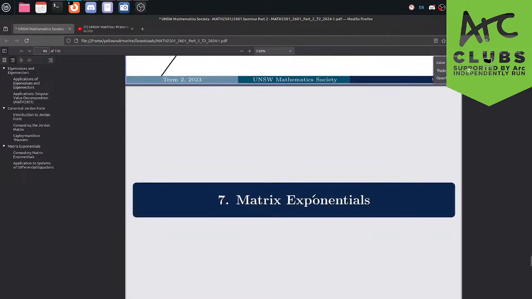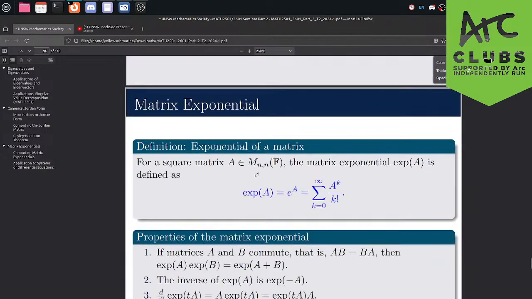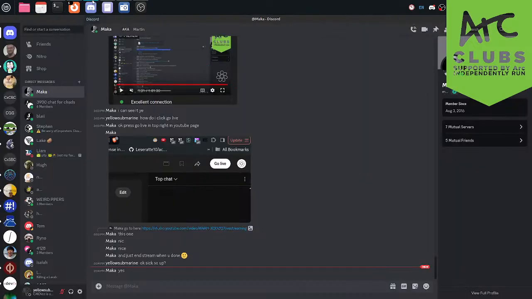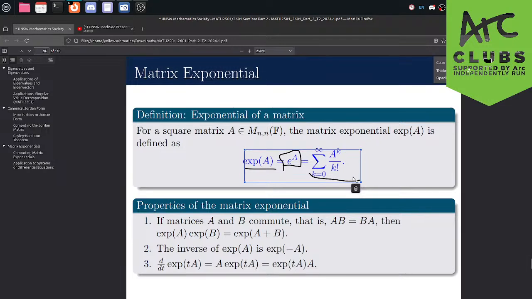All right. So for the final topic, which is quite short, it's on matrix exponentials. The exponential of a matrix, like the normal exponential, has a sort of weird definition. You can take the exponential of a real number, but you can also exponentiate matrices if you define it in this Taylor series form over here. It's important to note this Taylor series form is just a glorified polynomial.